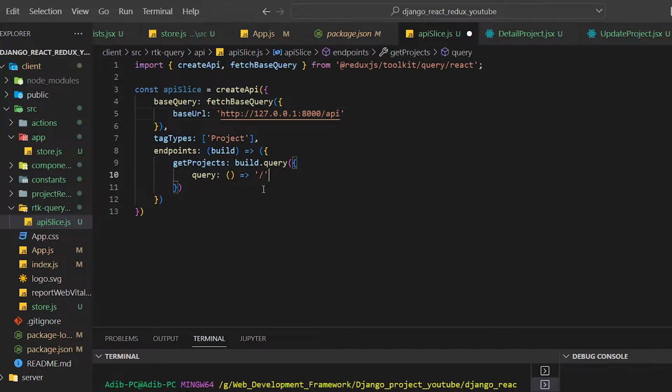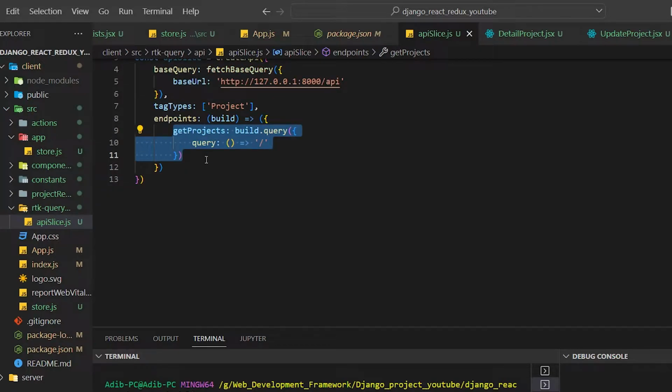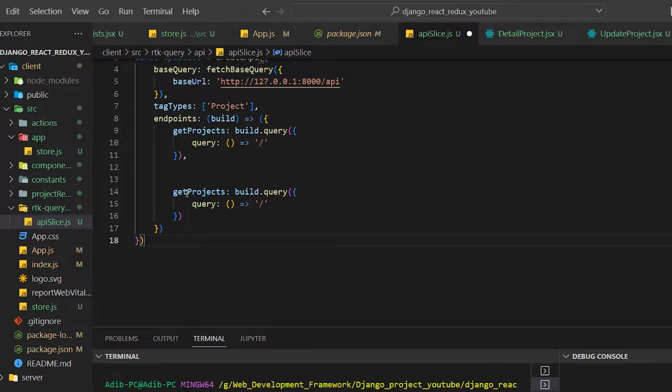It is very simple. This is our main endpoint, so we don't need to write it. If I write it like this, then I have to write /API/, but I'm not going to do it. I'm just keeping it very simple. Just copy this thing